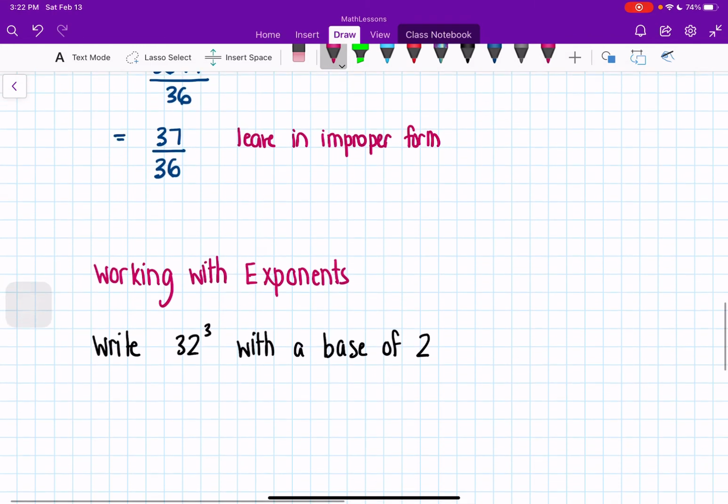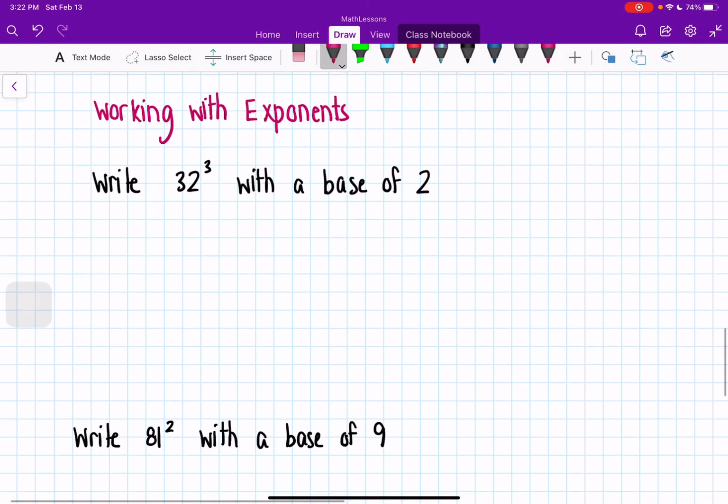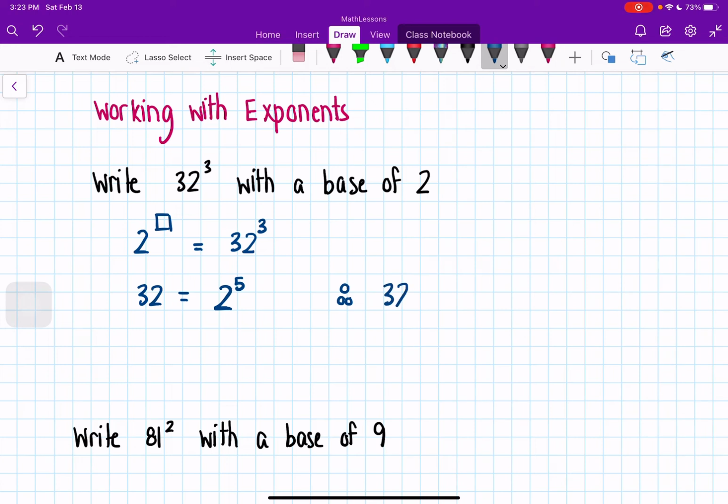Another part of exponents is when we're working with different bases. And for that, I want to just bring your attention to a problem like this. It says write 32 cubed with a base of 2. So what this means is we're trying to figure out 2 to the power what is going to give me 32 cubed. That's what they mean. Okay? And the key is write 32 first with the base of 2. Well, 32 is 2 to the power 5. Okay? That means that 32 cubed is going to be 2 to the power 5 cubed, because